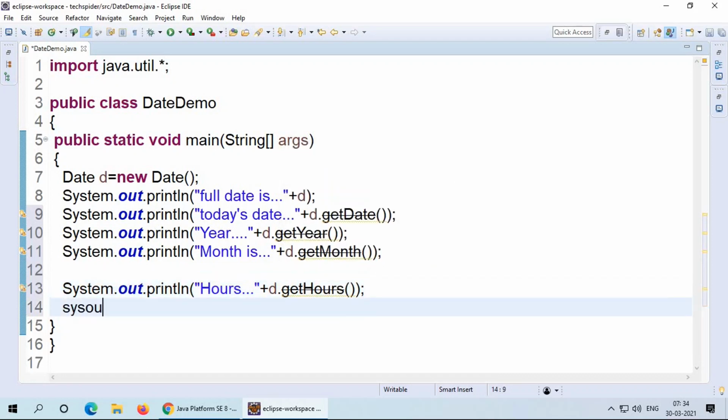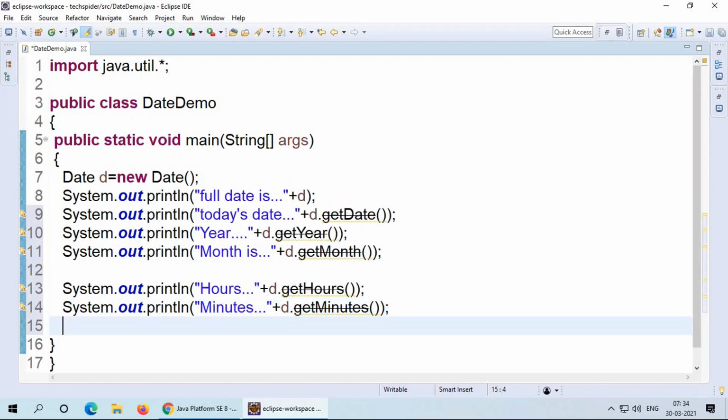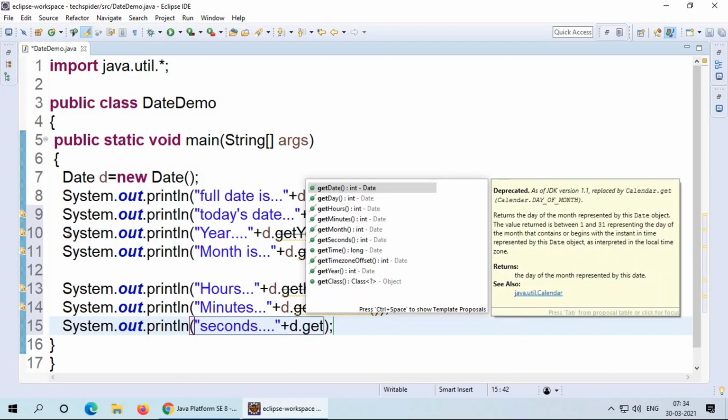Next, print minutes. For that use "minutes" plus d.getMinutes(). Next, try to print seconds plus d.getSeconds().